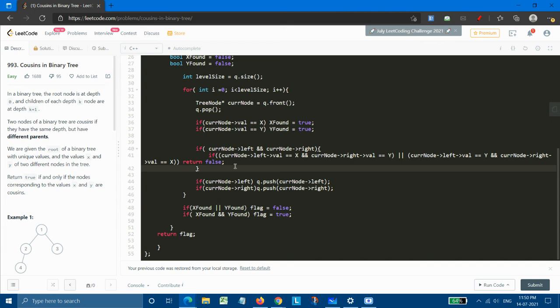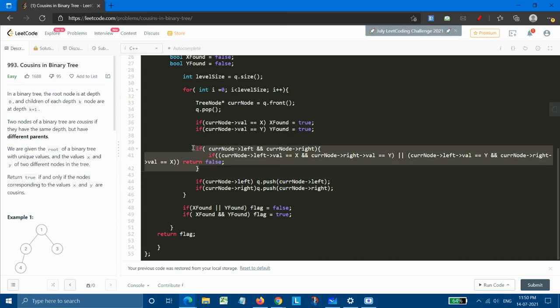So we need to return false at this moment only, and this won't be processed, nor pushed into the queue.